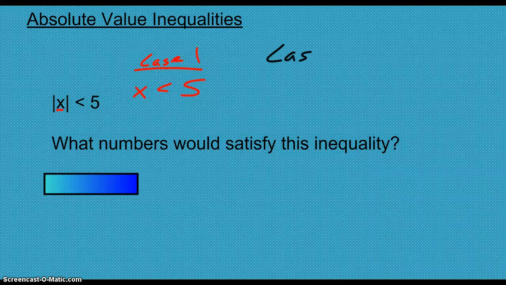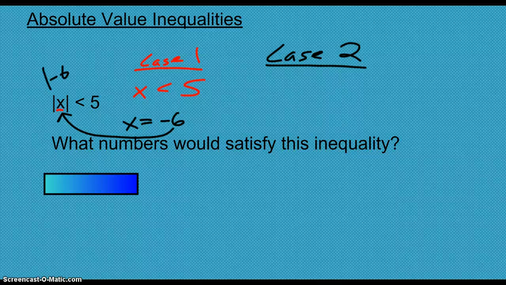Alright, and the reason that there's a second case here is because if I went as far as, okay, negative 6, let's say it equaled negative 6. If x was truly negative 6, or if x could be anything less than 5, if I put negative 6 in here, I'd get negative 6, which comes out to positive 6. And 6 is not less than 5. So I can't just say x can be anything less than 5, because eventually we get something that's larger than